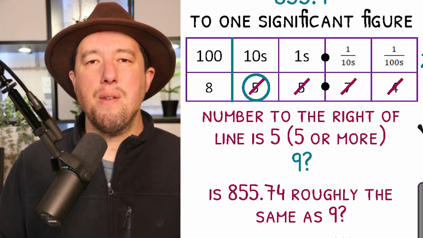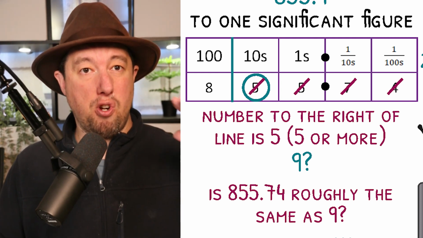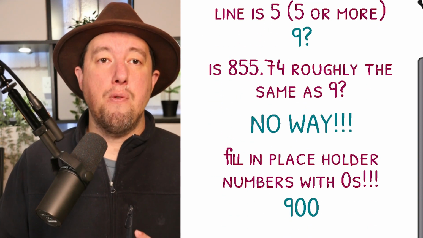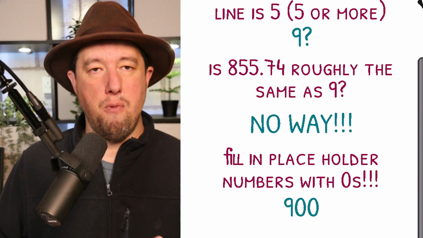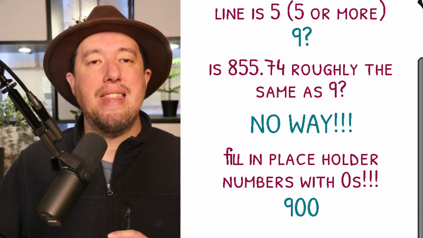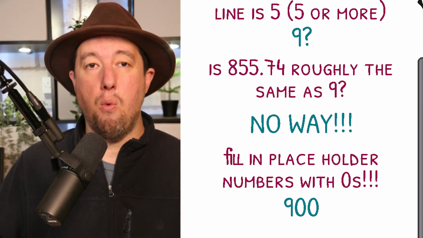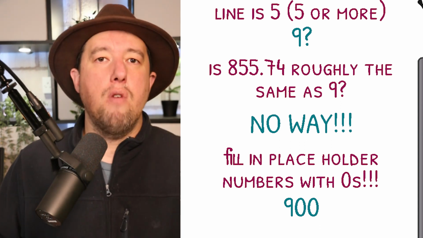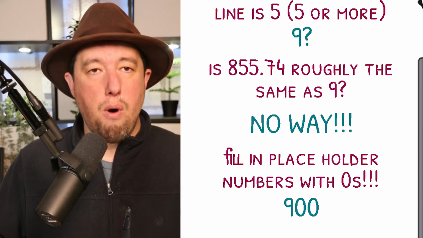No? Imagine someone says that a house is 855.74 centimetres tall. Would you say that's roughly 9 centimetres? The bit we need to remember is that when we round numbers, we do not remove the numbers from the right of the line, we reset them back to 0. 855.74 to 1 significant figure will therefore give us 900.00, but we can remove the zeros after the decimal point because these are not placeholders, so our answer is